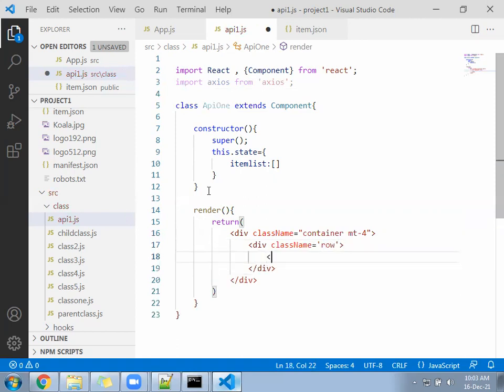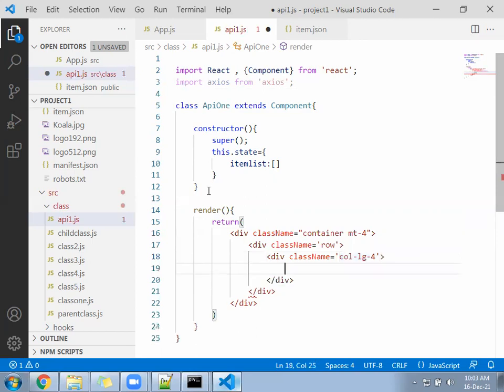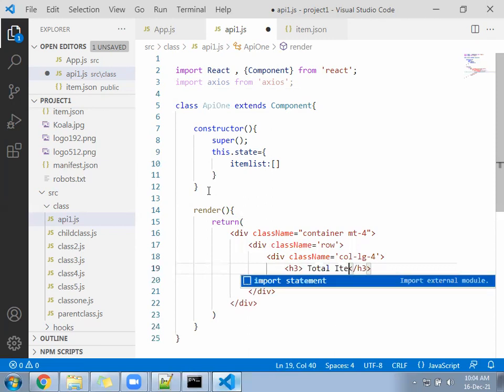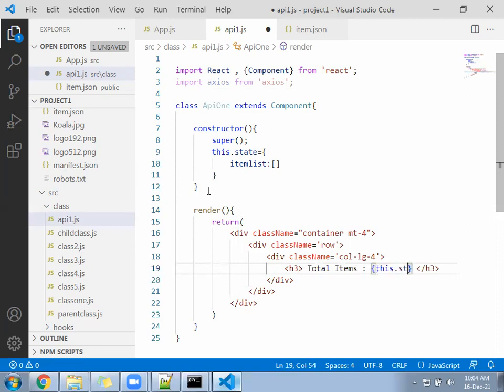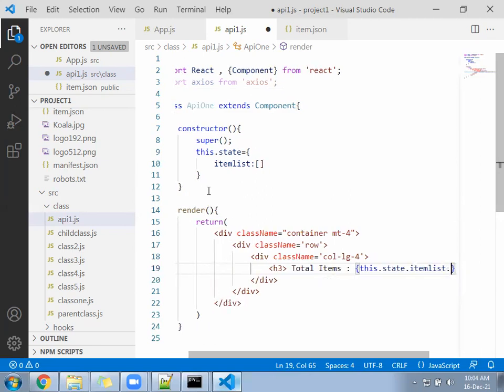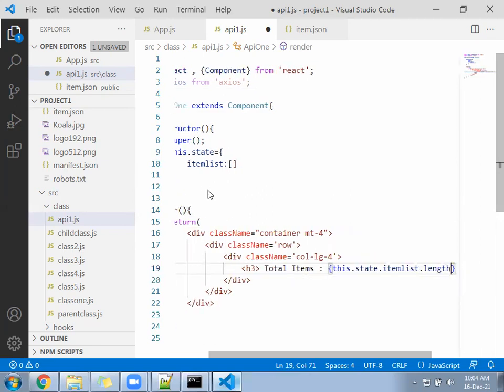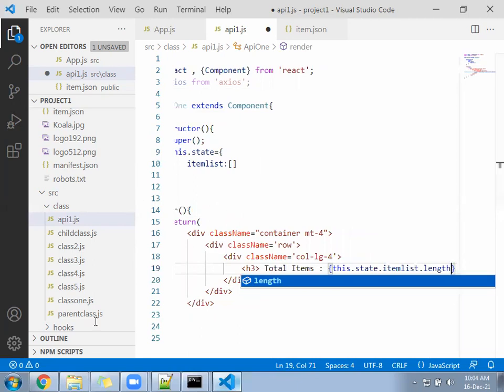Then a div with className equal to col-lg-4. Inside the col-4, using h3, display total items: this.state.itemList.length.